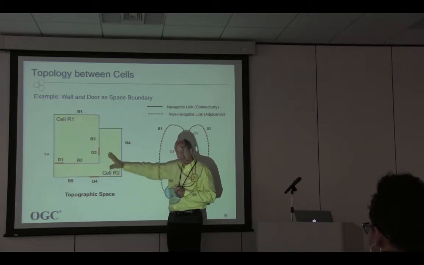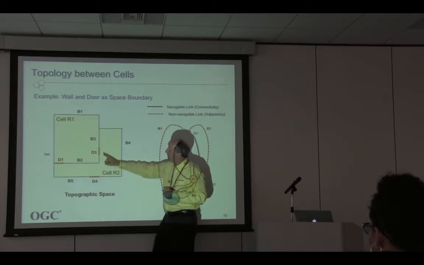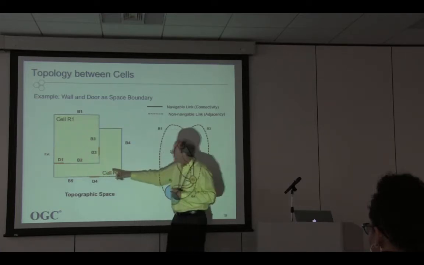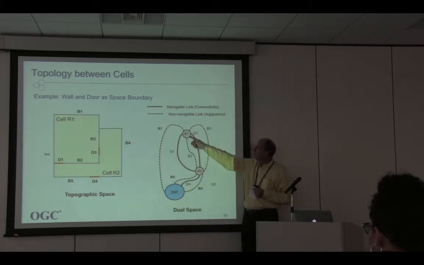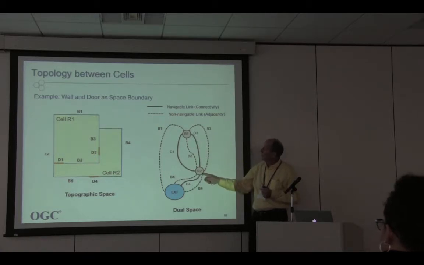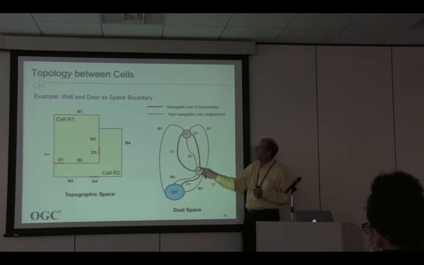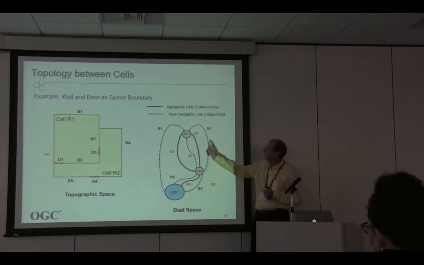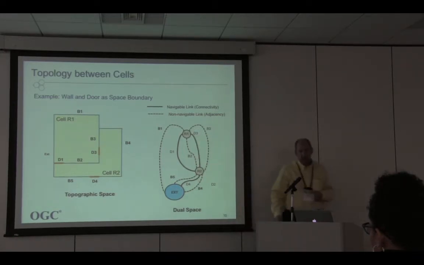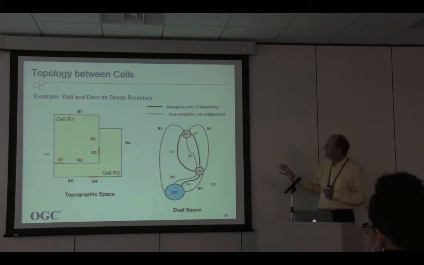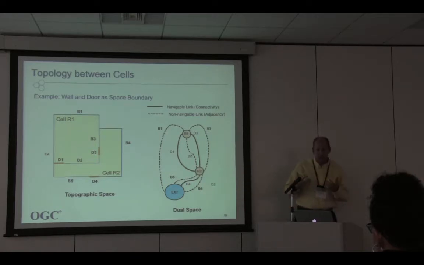And so you can look at it from this perspective of space and area, or you can say, okay, cell, I know that's exactly this, cell R1, cell R2, and I can turn those into nodes. So that cell R1 is R1 here, and cell R2 is here. And now I don't care about how big those spaces are. What I care about is how they're connected to each other. And so then the lines actually show that you could go from room 1 to room 2 or to the external. And so the key for navigation is that this graph, this dual space, helps you to do